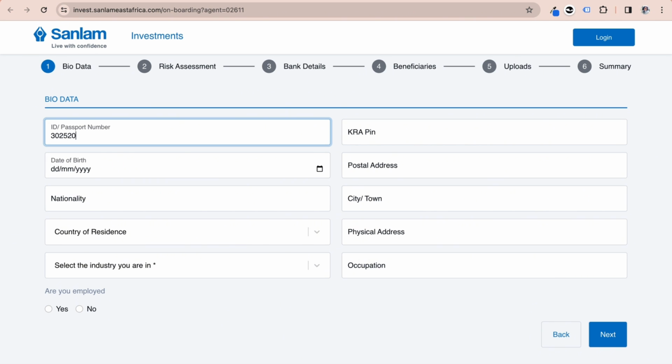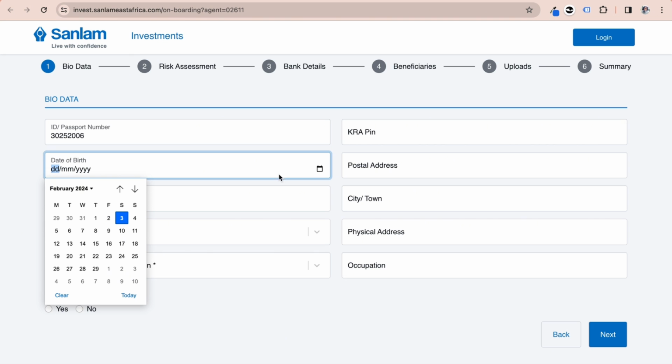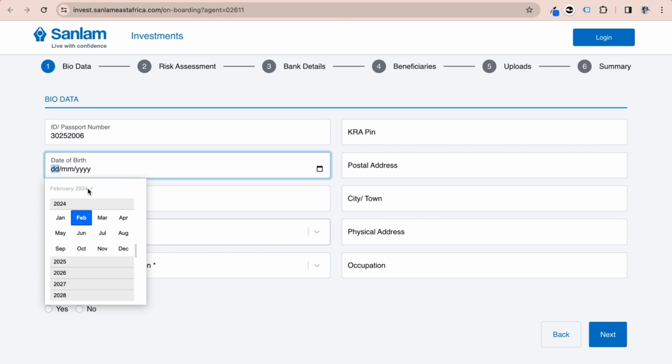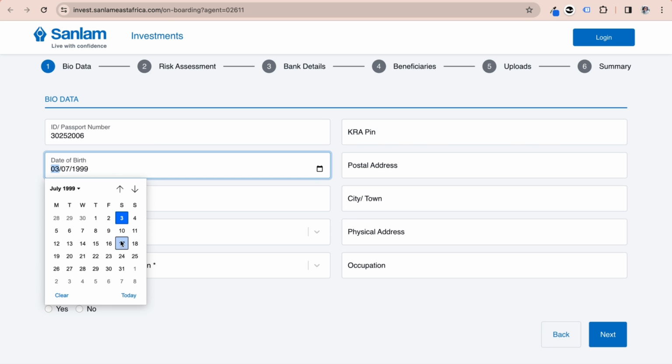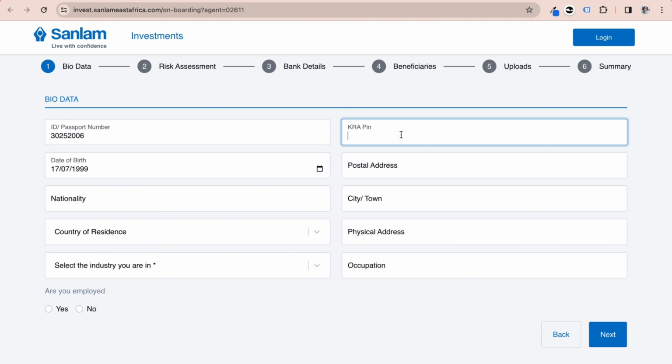So your data, you enter your date of birth. On this drop down menu, you can scroll all the way to whatever your date of birth is. Also, you scroll upwards. So let's say you were born in 1999, July 17th, and then you enter the details of your KRA pin,